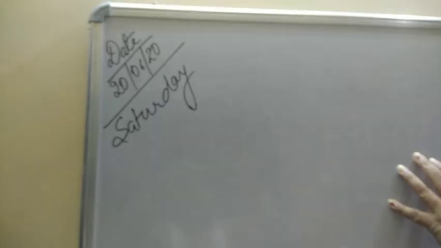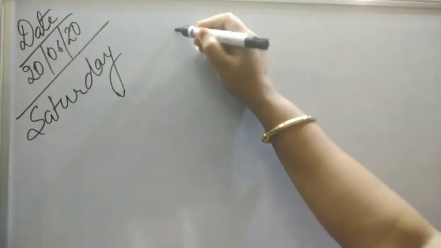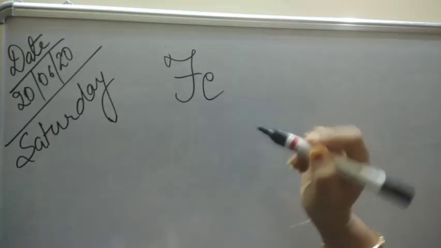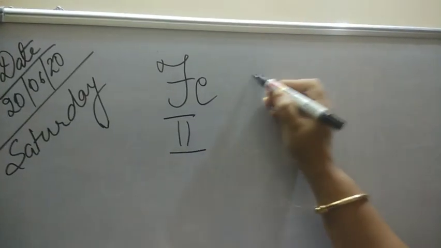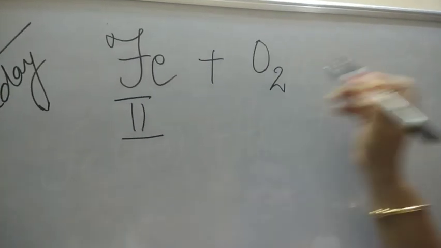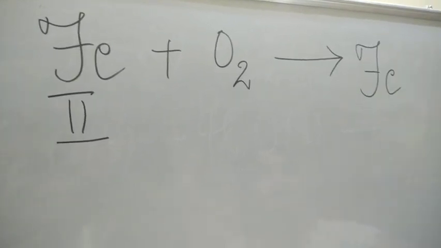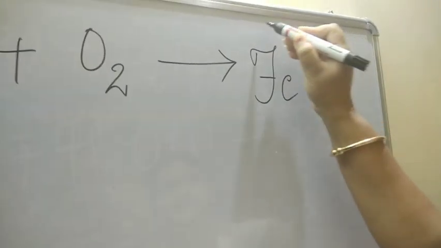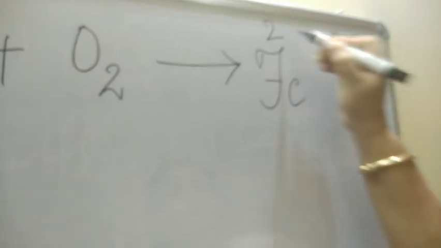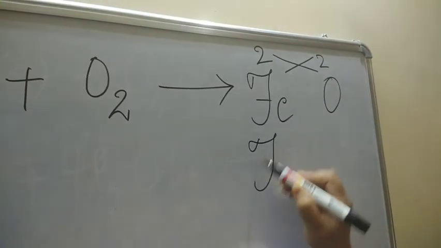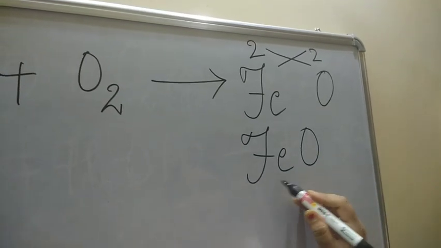Let's start with the last class, whatever equation I gave you. With those equations, you have checked whether they are correct or not. I gave you iron, with the valency of iron as 2, and iron reacts with O2. I asked you what compound is formed. It will be FeO. I hope you know how to form the compound. Valency 2, you cross multiply and the compound becomes FeO. So it is iron oxide.